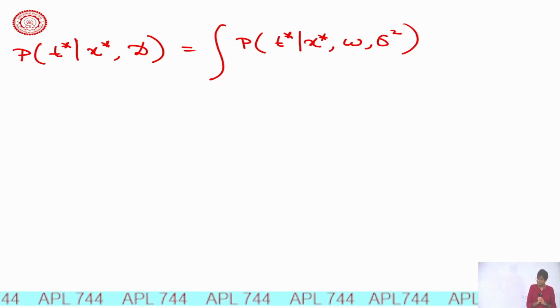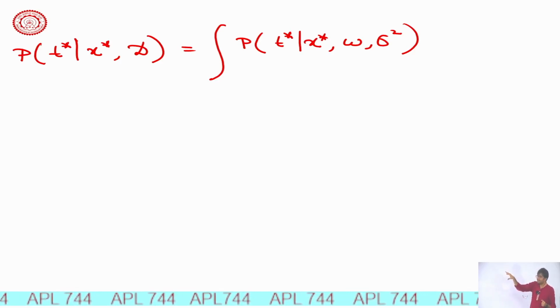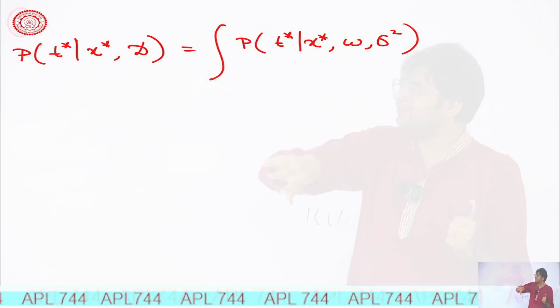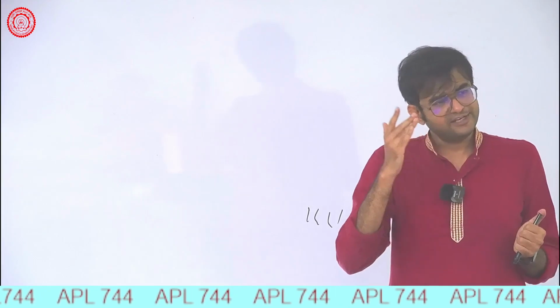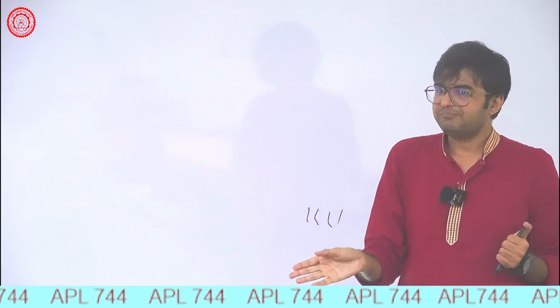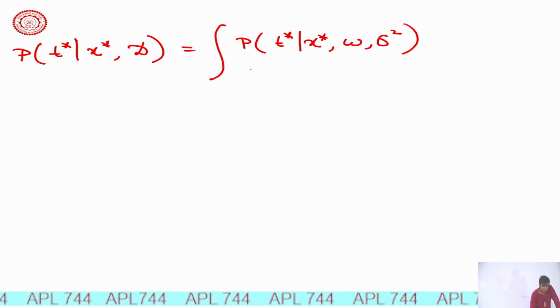The other way of understanding is that whatever information the data had is now encompassed in W and sigma square, so you will not get any new information by writing D there. Given W and sigma square, whether you know D or not is immaterial, that is conditional independence. So this is your likelihood multiplied by